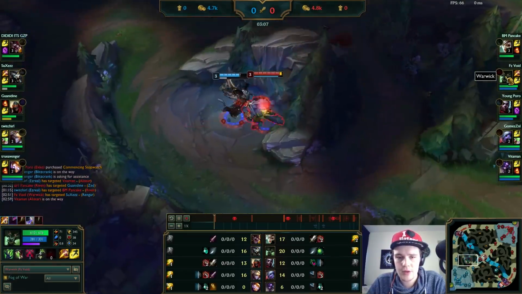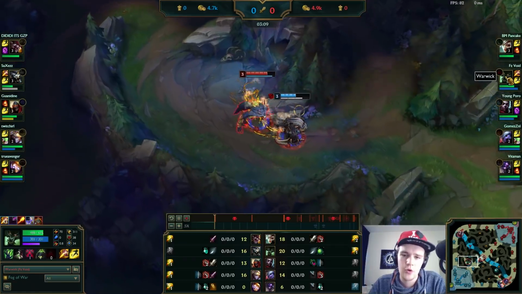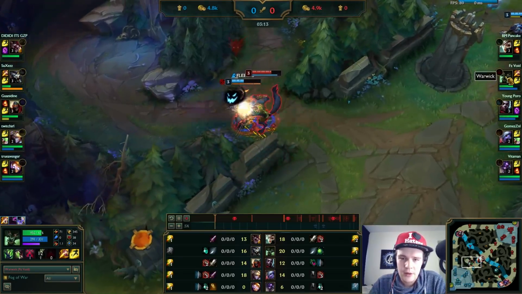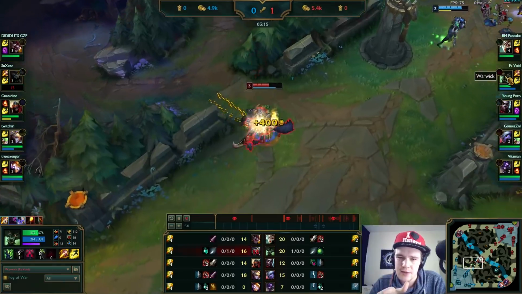And right here, I'm just looking to pressure Warwick, because as I said earlier, as Warwick, you're so good at actually 1v1ing people early game, especially with Press the Attack, that you just win. Now right here, he presses W to get out of my flee a little late, gotta say, but